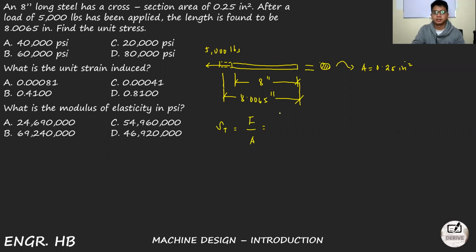And we all know, ano bang given force? So may in-apply na force of 5,000 pounds. And syempre, perpendicular area. So that was, ano bang given na area? So it is 0.25 inches squared. So pounds per inches squared, ang magiging sagot is PSI. So that was 5,000 divided by 0.25. And there you have it. We have the 20,000